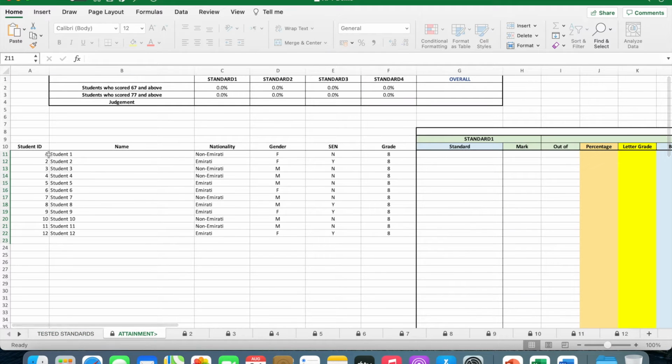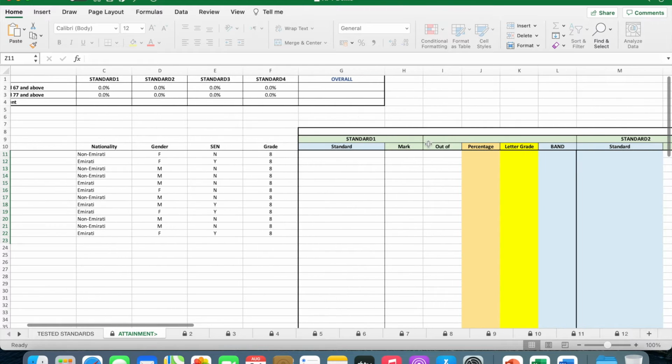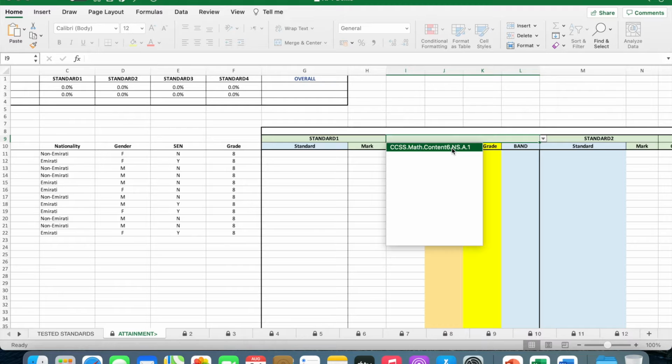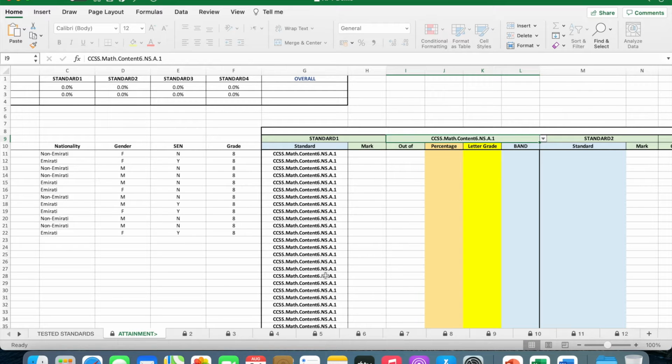Not to mention, you need to put all the students' information. This will be done just once at the beginning of the year. Alright, so the standard which I am going to test is the only standard which I have already. Okay, and let's say I have made a formative assessment to measure this standard, and the results of the students